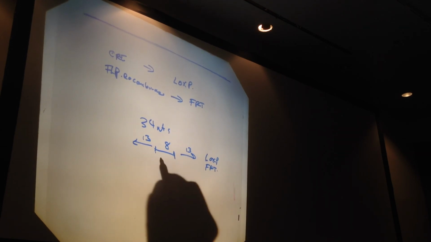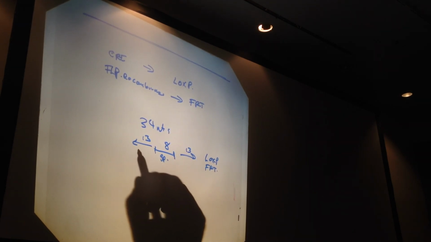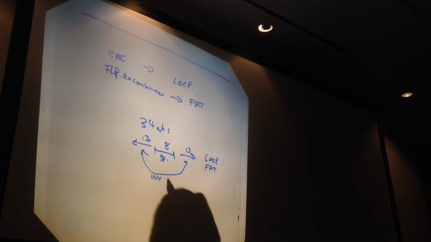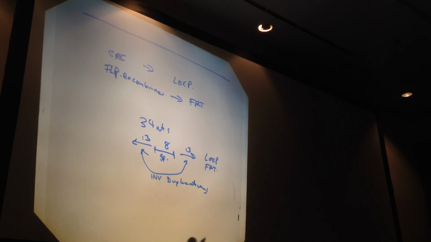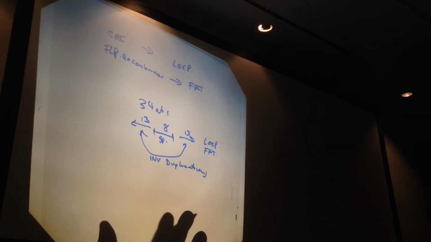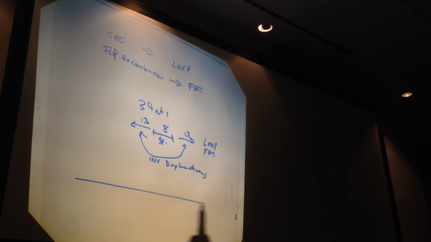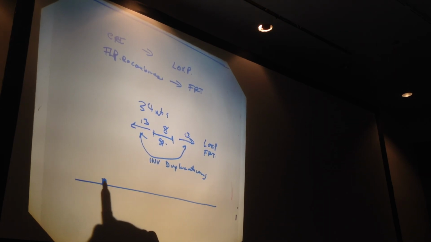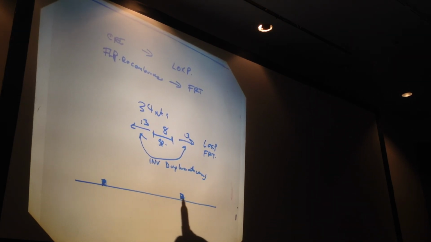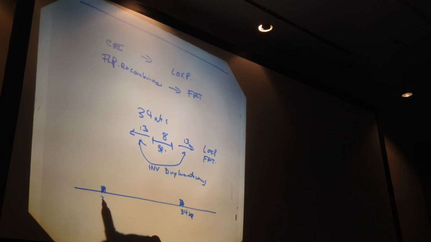This is specific, these are inverted duplications. What that provides you with is the following. If I have DNA here and I incorporate a 34 base pair sequence that is LOXP,